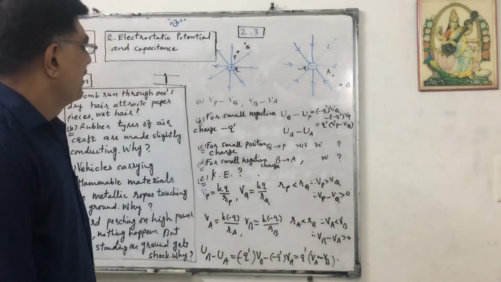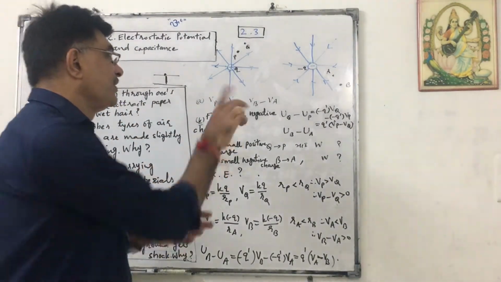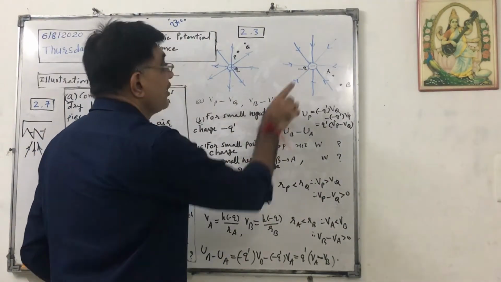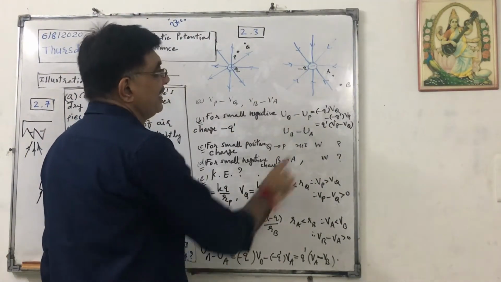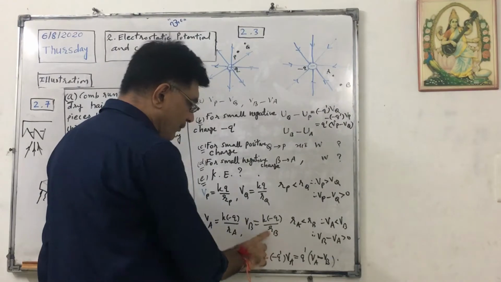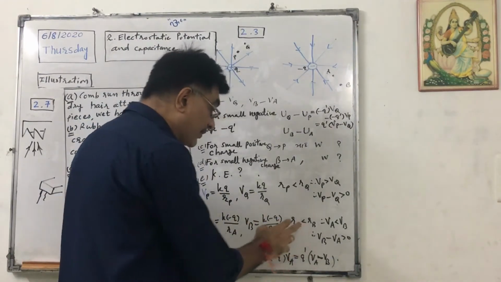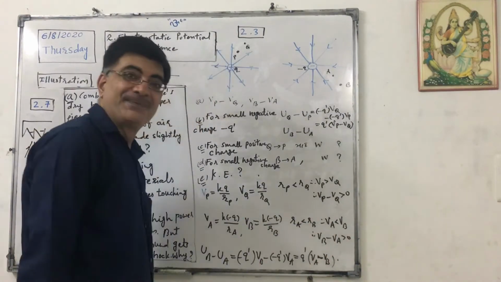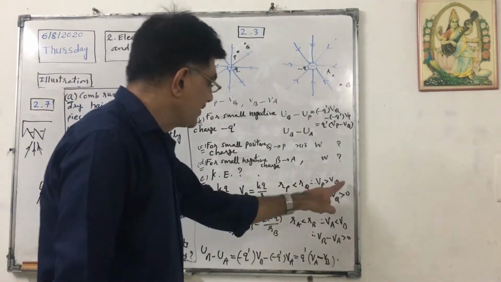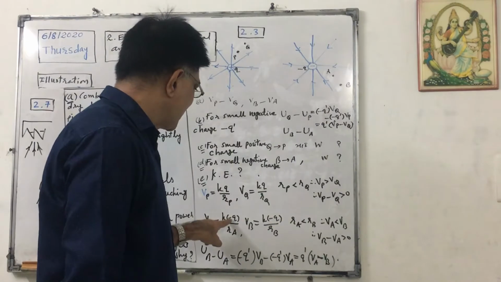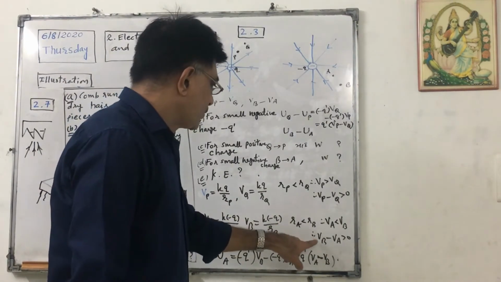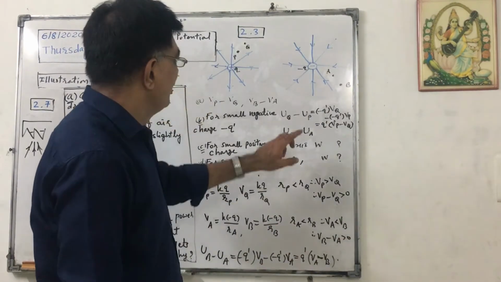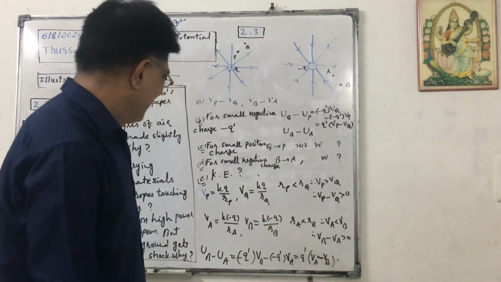Okay? Now what about Vb minus Va? Now see, Va equals K into minus Q upon Ra and Vb equals K into minus Q upon Rb. Here also Ra is less than Rb, but due to this negative sign, here Va will be less than Vb. Okay, just opposite to this, because here it was a positive charge, here it is negative charge, that's fine. So Vb minus Va is positive. Again, this is positive. Okay.